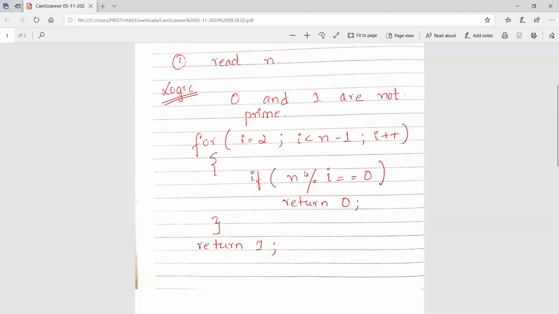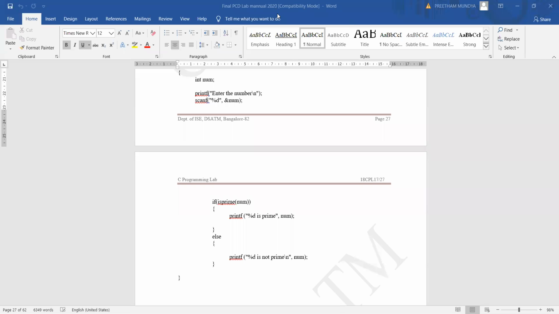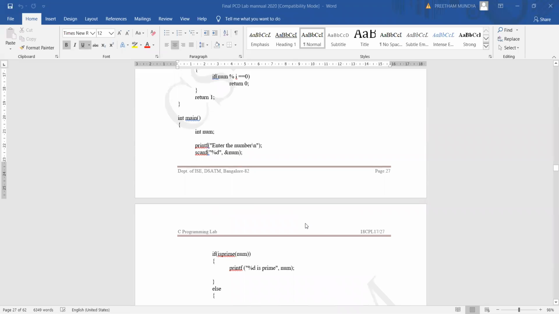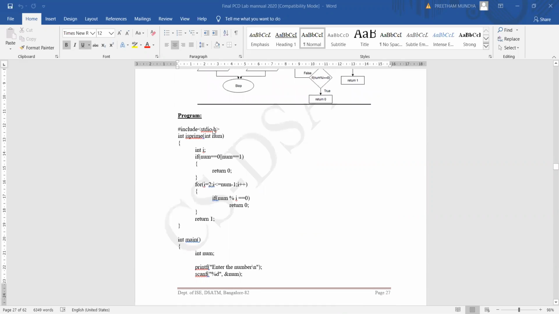Now let us check how the program is written. Here we have used the concept of functions. I have written a function named is prime.